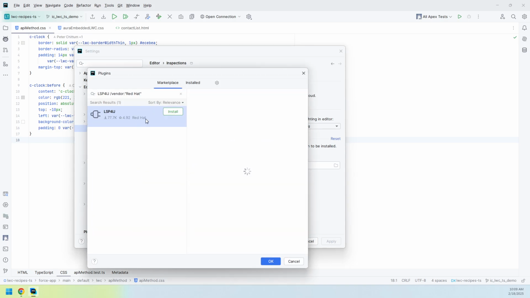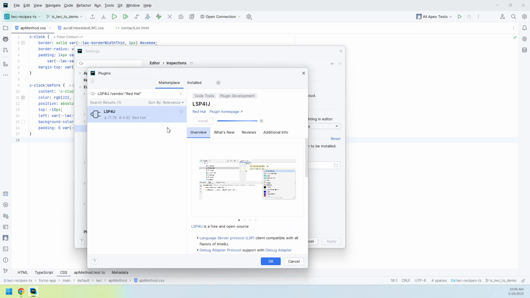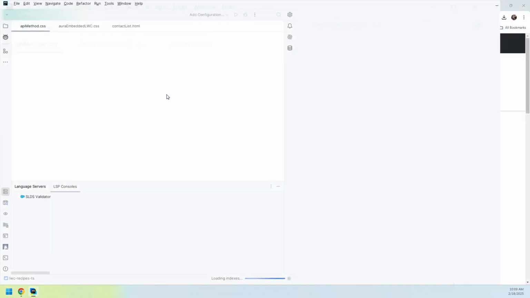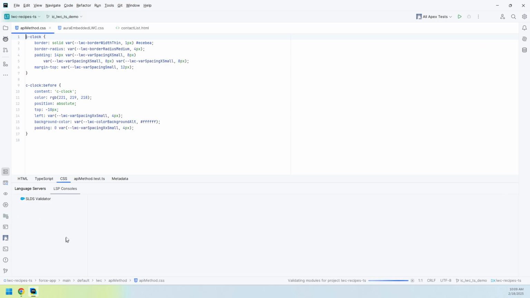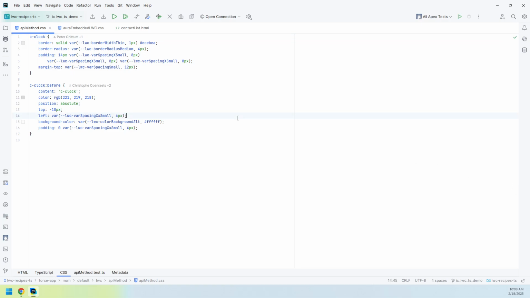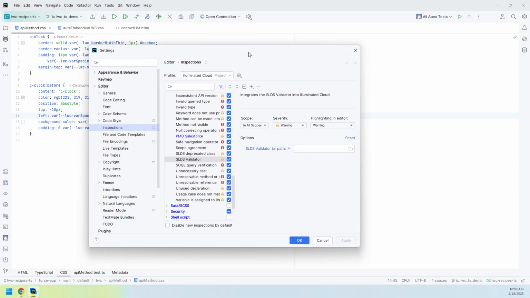Say yes. It's going to show us the plugin installer here. So I'm going to say install LSP for IJ, and we're going to allow the IDE to restart. And then once it restarts, we're going to need to get that language server installed. So we can see down here that this is now a language server. We can see that this is the language server's LSP for IJ console. There's an SLDS Validator language server there, but it's not actually doing anything yet because it doesn't have the